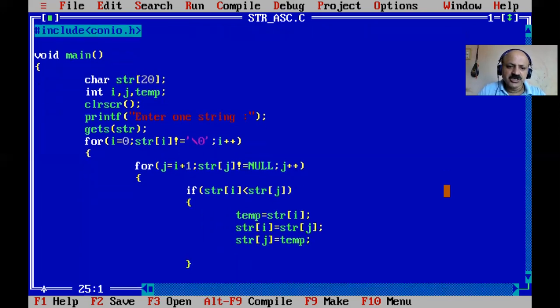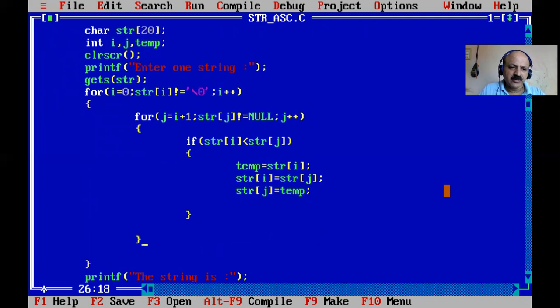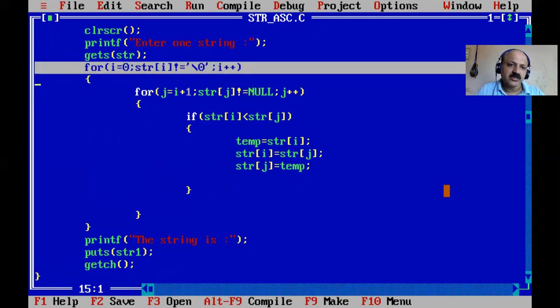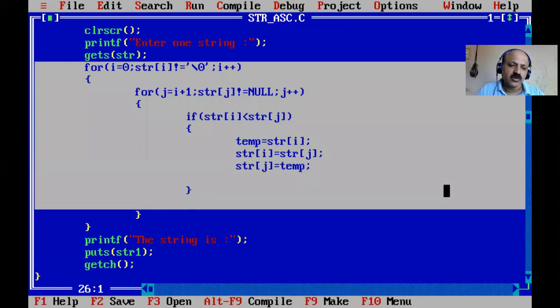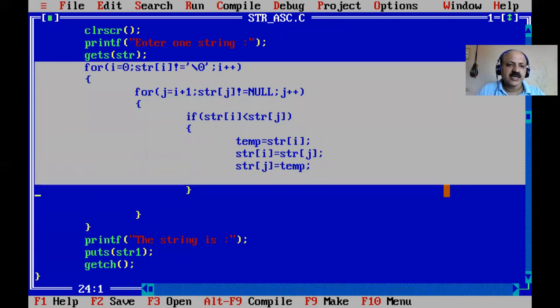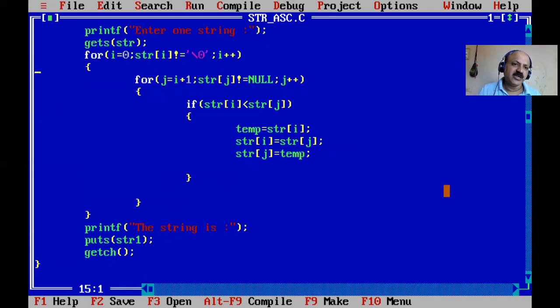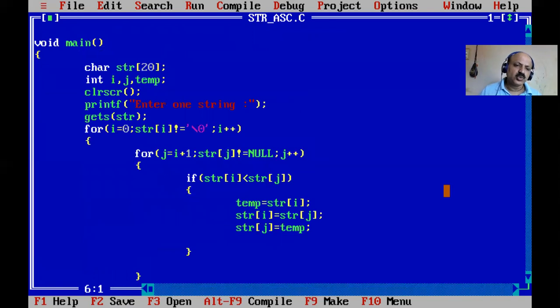So same logic as in our integer swapping. In ascending order, that string here we can print. So yes, I think that's simple. That logic is applied in the for loop, and that is selection sort: zero element, zero index, is compared to the rest of all indexes in the first iteration. In the second iteration, the element at index one is compared to the rest of all elements, and step by step, one iteration per element, zero, then one, two, three, that number of times the index is set.